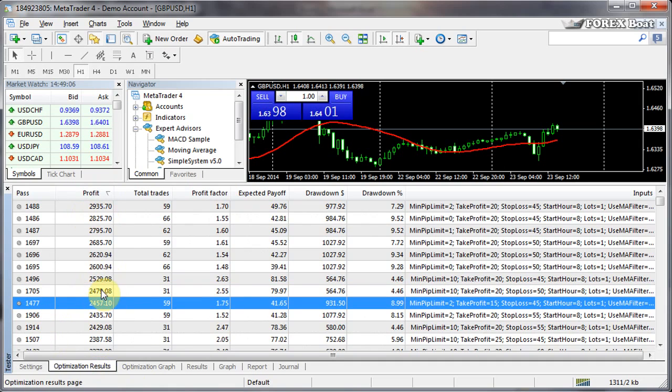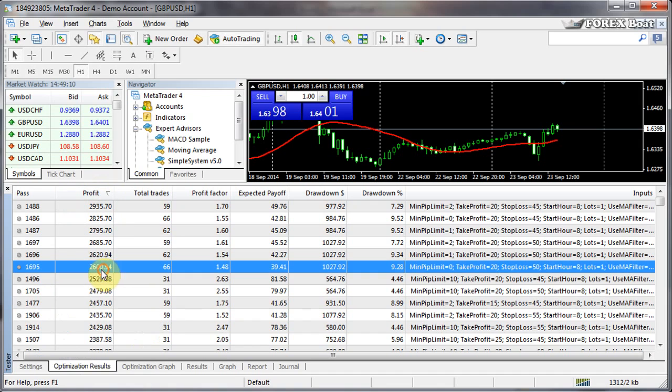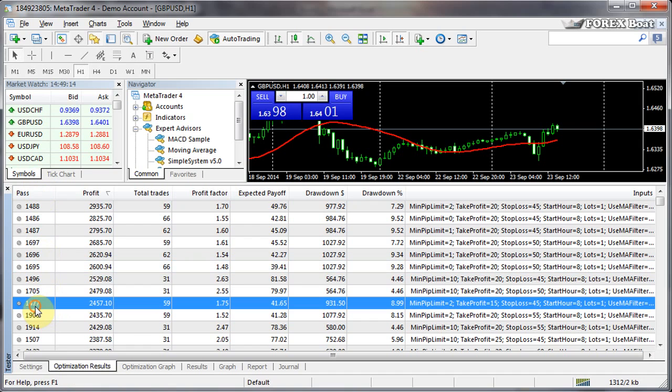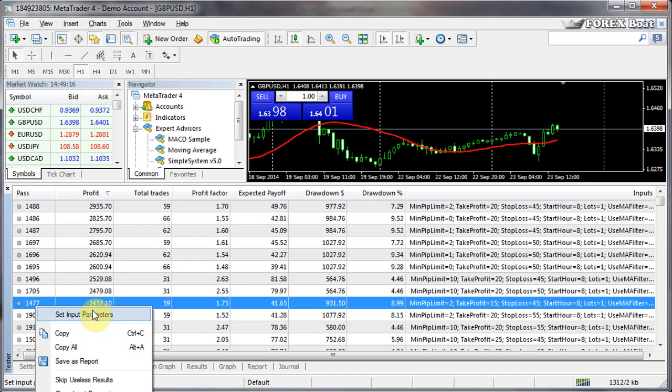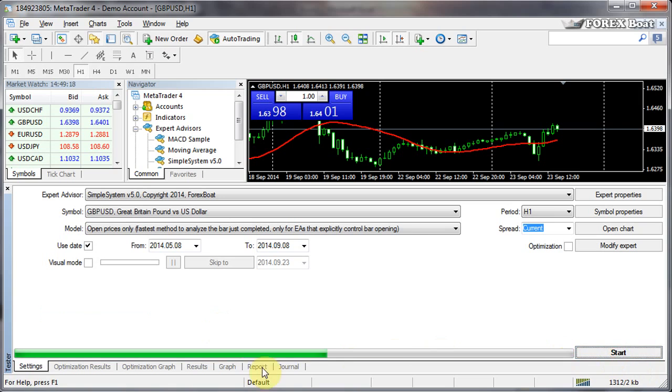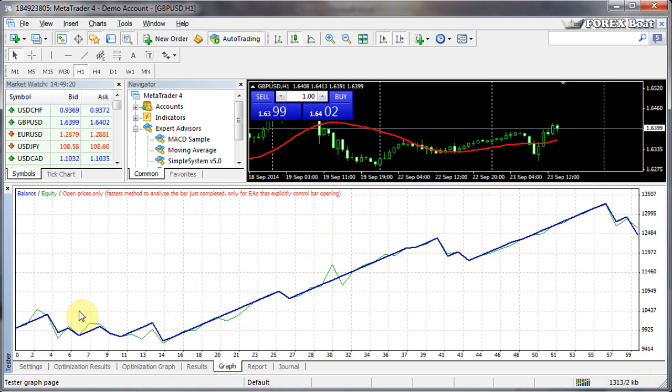So it's still ordered by profit, and you can find it right here, 1477. If you can't find it, just order by pass and then search for it. By just scrolling down, you will be able to locate it easily. Set input parameters, start the optimization, look at the graph. So, and if you like the graph, then maybe you should consider this set of parameters for your demo test